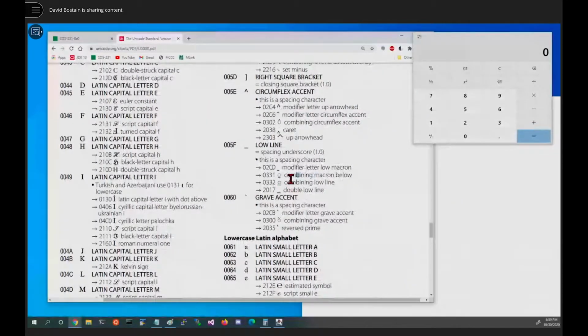Notice that a low line is also what we think of as an underscore. So if you put underscore, that would not match the answer key, so the machine would grade you wrong, because this is the answer of the code point. This is the answer in ASCII that it's probably called. It's also considered a spacing character, not to be confused with characters like a double low line, or something called a combining low line. This is used with other characters to modify the way that character looks. So its actual name is low line.